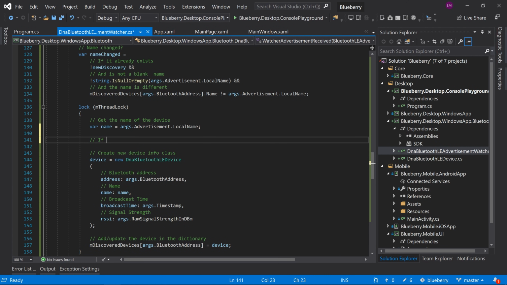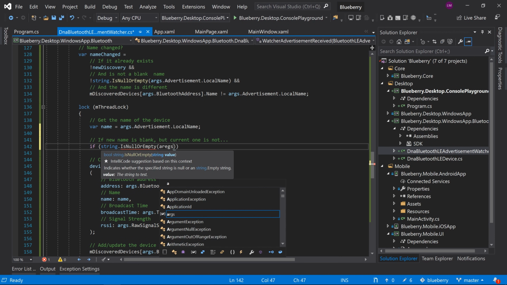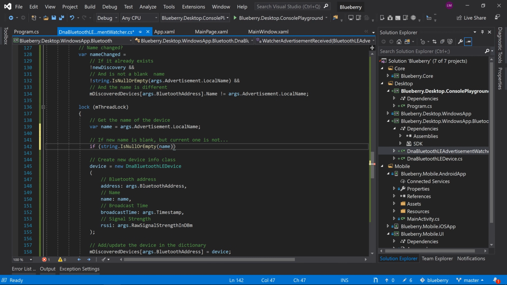So if the new name is blank, but the current one is not. So if string is null or empty, the current name, and the discovered device based on the Bluetooth address dot name,